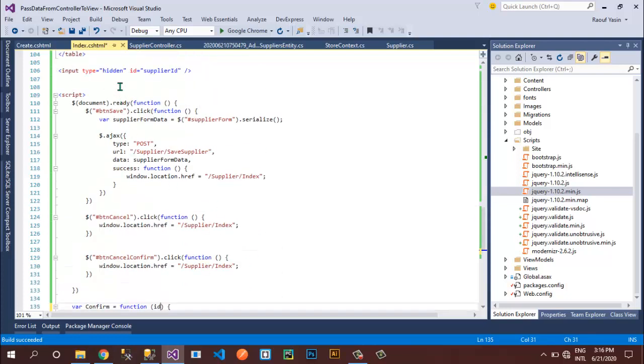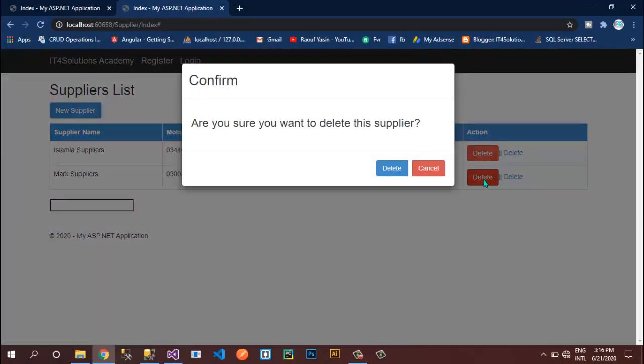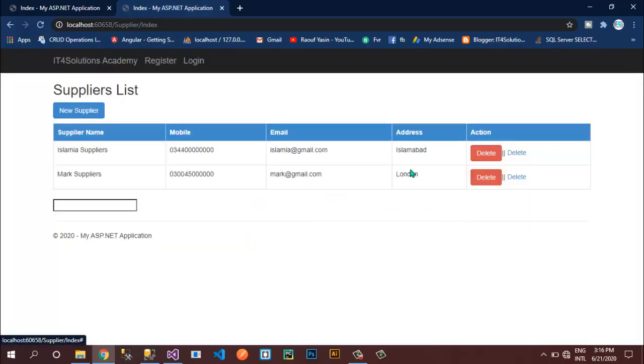Let's say instead of hidden, for the demonstration, let's make it text and start your application to make sure what we are getting. If I click over here, look at this, we're getting nothing. Cancel, we don't have anything inside this modal. So that's why I have set this to text, so that we can make sure we are getting the correct value or not.